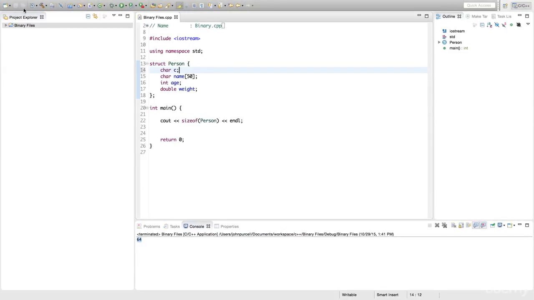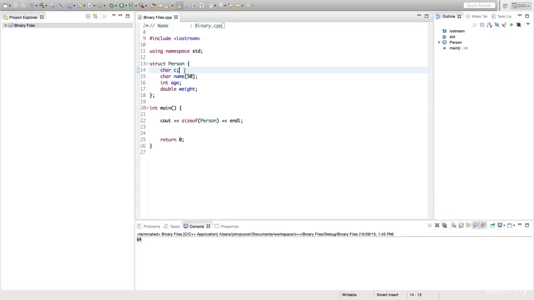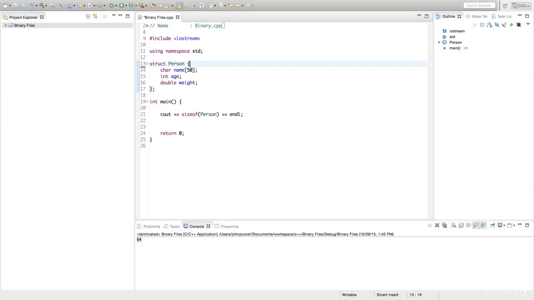onto the beginning, because we know that these definitely have even numbers of bytes in them, and this is 50, an even number. So we should, adding 1 byte on there, we should get an odd number, but we still get 64, exactly the same as before. And that's because of the padding that's done to make this struct more efficient to work